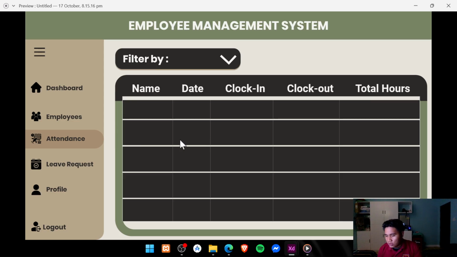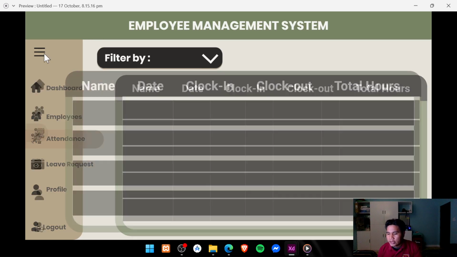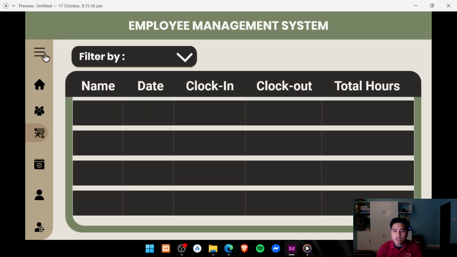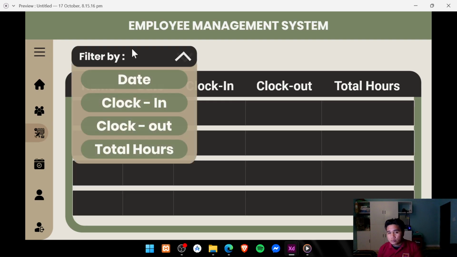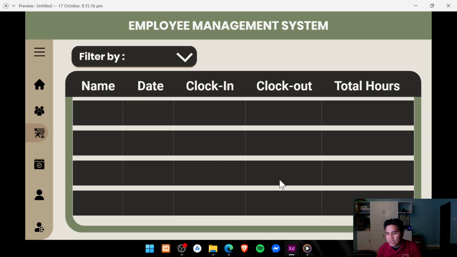And if we go to the attendance, in this part, just like I've said before, the filter of Mr. Arvin is not working. So in this part, I've added a working filter for the table.